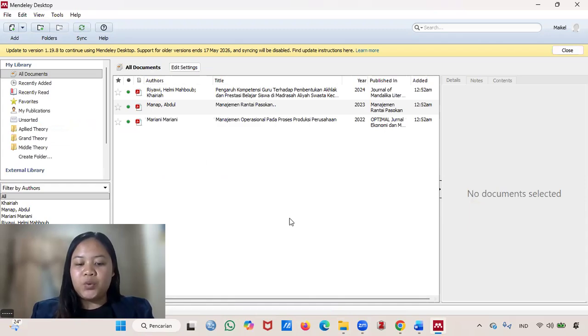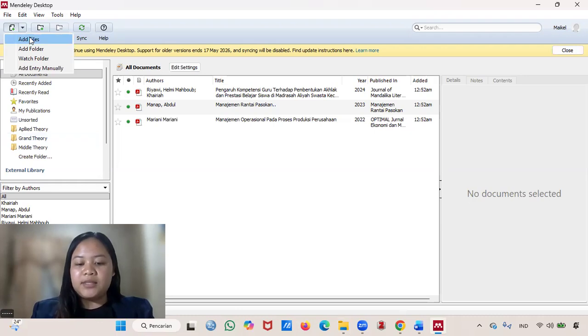I'm going to show you the standard way to add a journal reference using the Add Files menu. This method is highly recommended so we can select our files more precisely. First step, click the Add or Add New button in the top left corner of the Mendeley application.